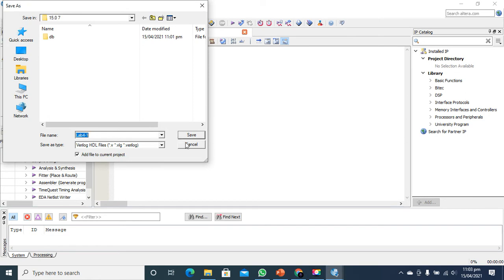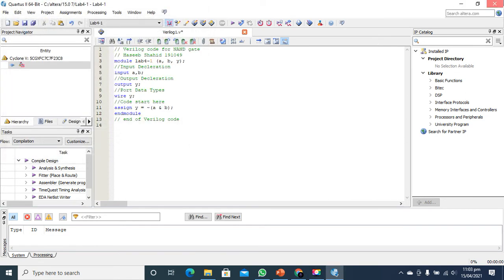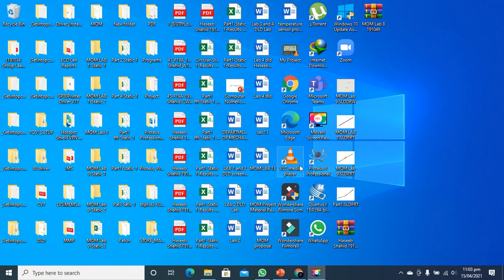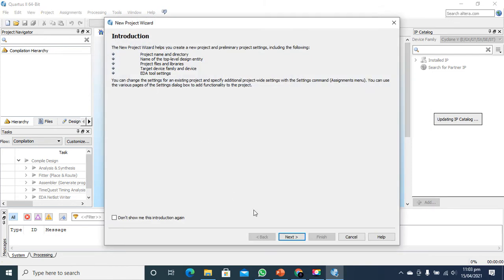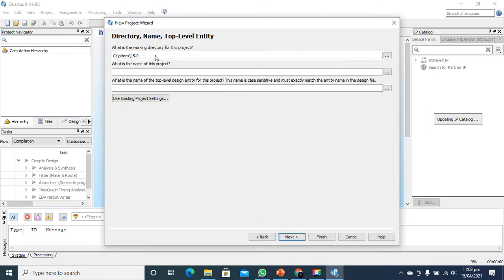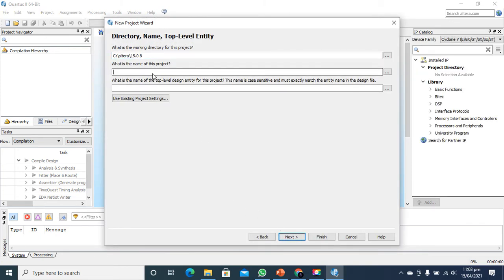So guys, there is some issue regarding the software. We will have to restart the software, and again we will do the same steps as we have done earlier.